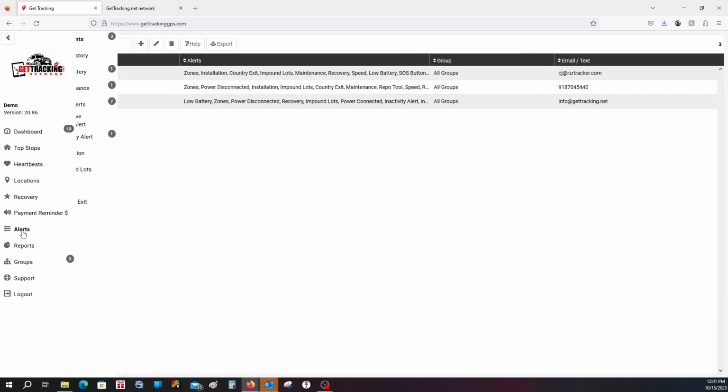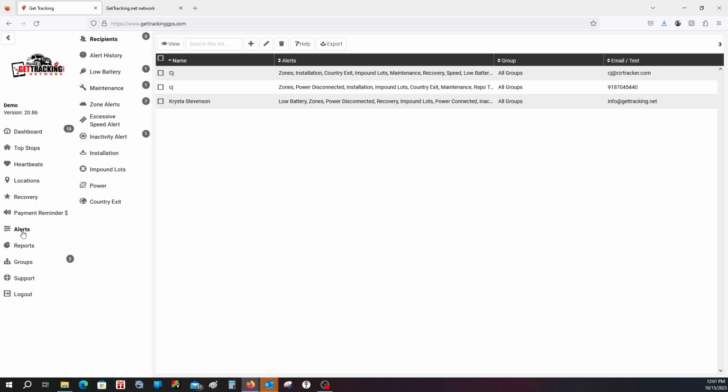So if we click alerts here, it's going to load into the alerts panel. Now the most important thing is the recipient. This is how the device knows where to send notifications, text messages, and emails. This is what it looks like when they're set up correctly. It will show you what alerts it's willing to send and to what groups, and what the email address is